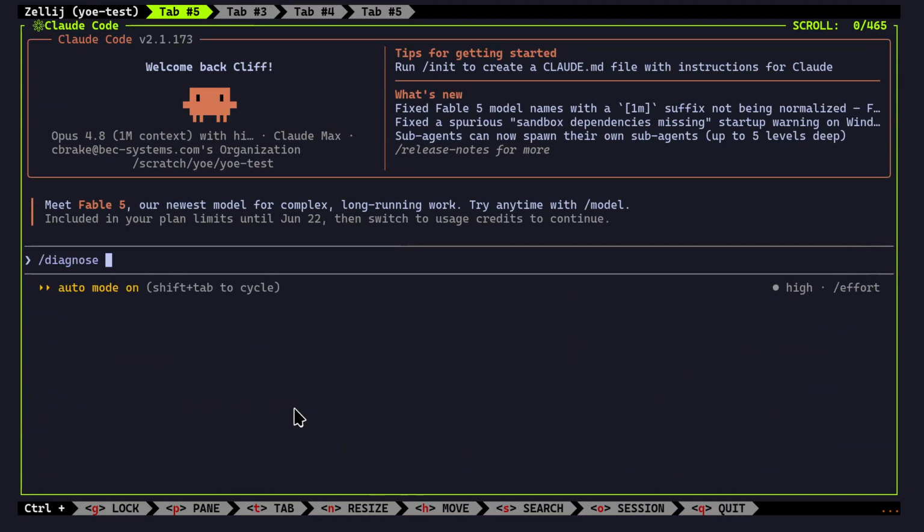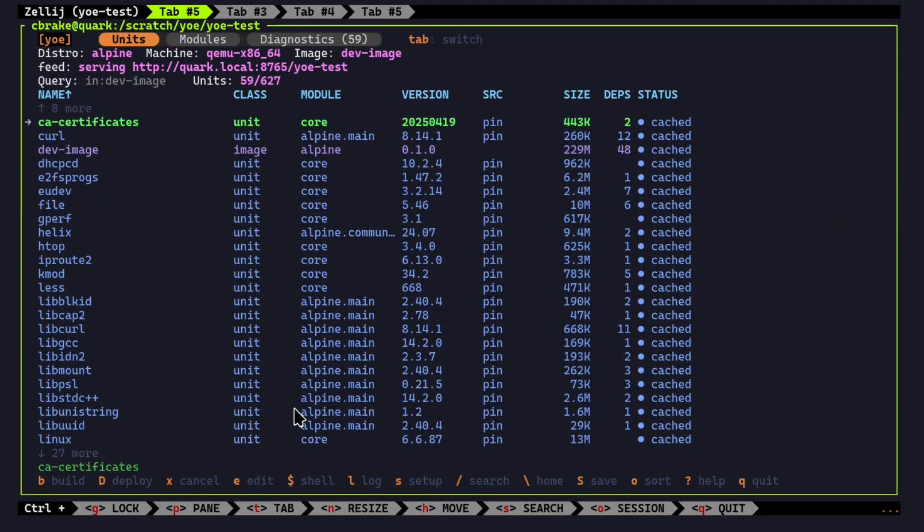You know, say diagnose, and then some unit, say certificates fails to build. And this works very well as well, and it's sometimes nicer if you can keep your Claude and your Yo separate. But being able to run it right from the Yo GUI is nice as well, because that gives us a quick way